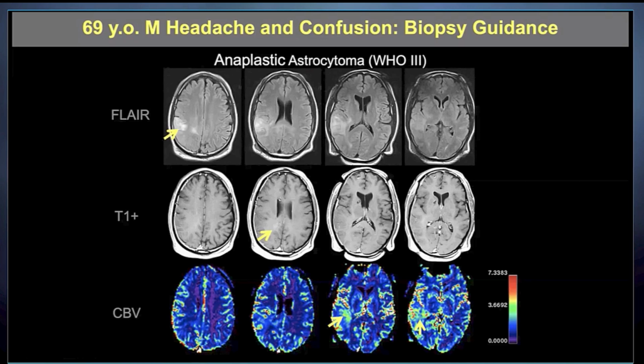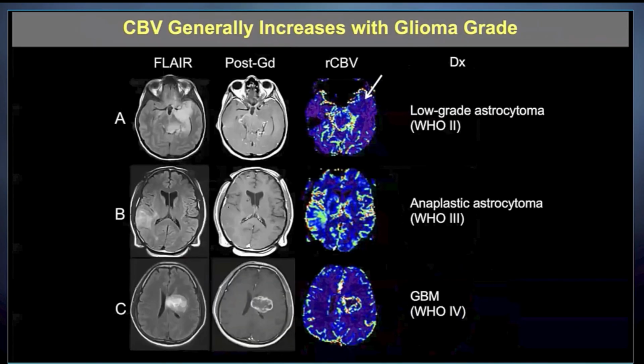And so it's helpful to interpret these in conjunction when determining an appropriate biopsy site. And our neurosurgeons routinely come down to the reading room to help us help them identify areas of high CBV that might be distinct spatially from other sites that might be suggestive of an appropriate biopsy site on the conventional imaging. CBV also generally increases with glioma grade, and